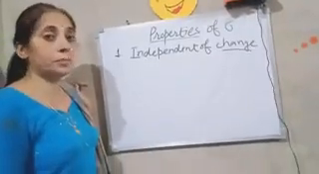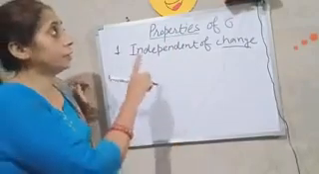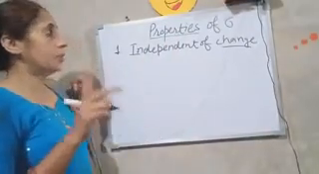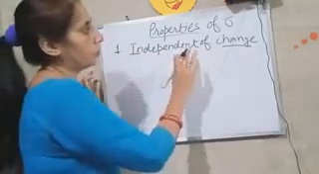So let's discuss the properties one by one. The first property of standard deviation, and these are the mathematical properties, okay? So something which is hence true. First one is independence of change of